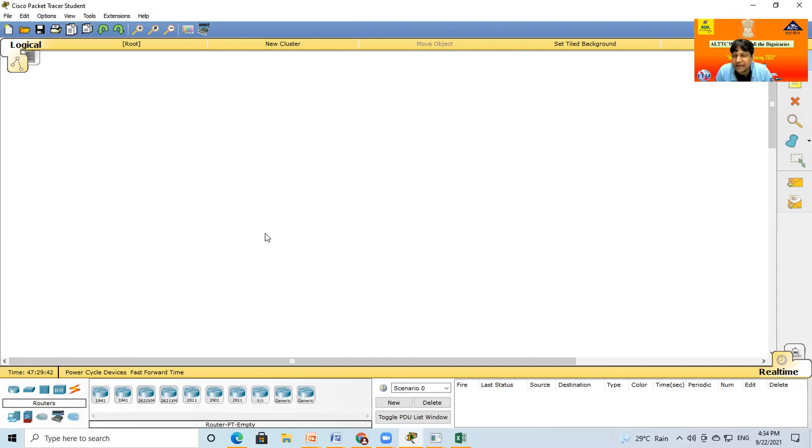Packet Tracer is provided by the Cisco company. Cisco is the most popular networking device company in the world, like Microsoft Office in the software and operating system world.